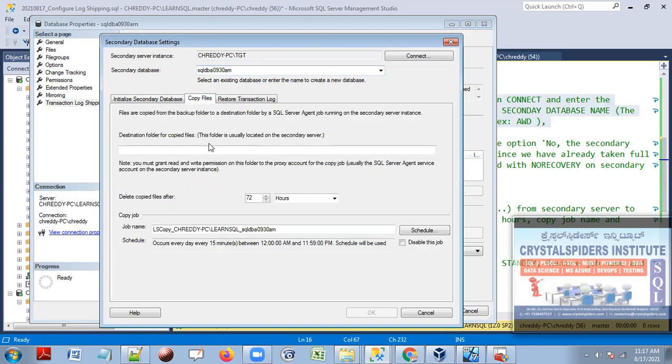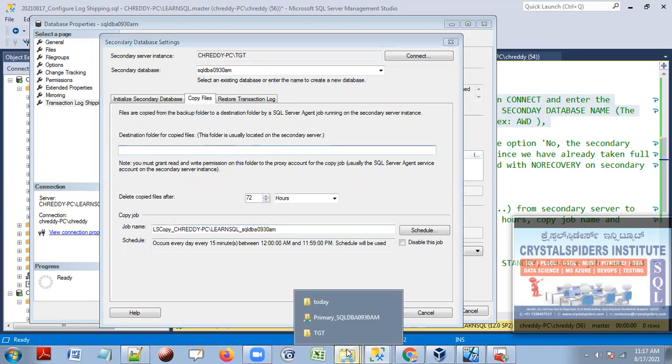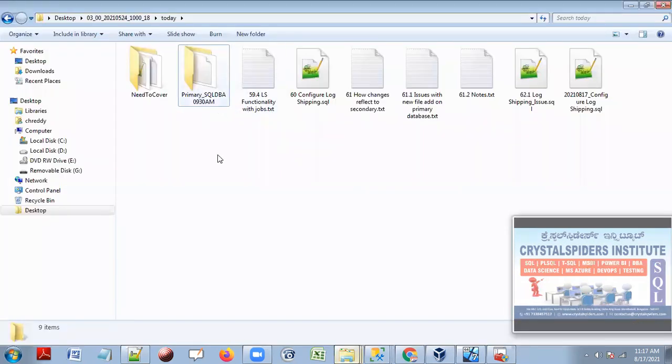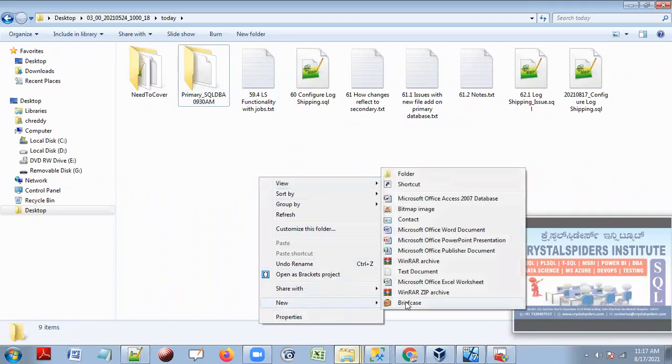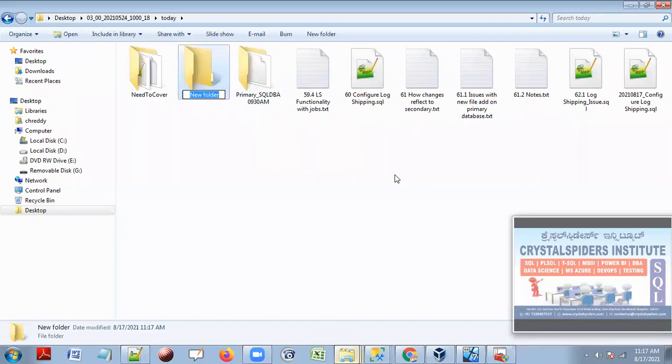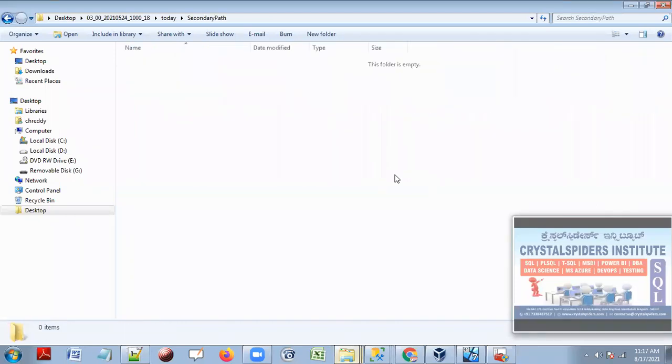And copy files, where do you want to copy the files? This is the copy path. Please tell me the path to copy these files. So now, in this same path, I will say the secondary path. Okay. And for which database?